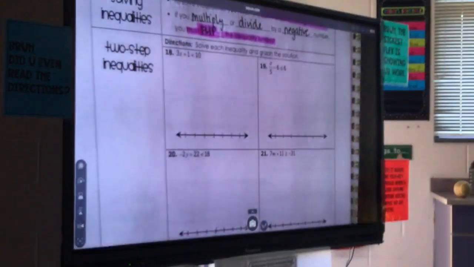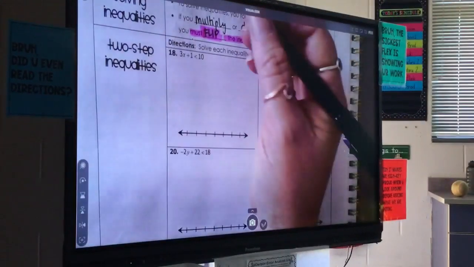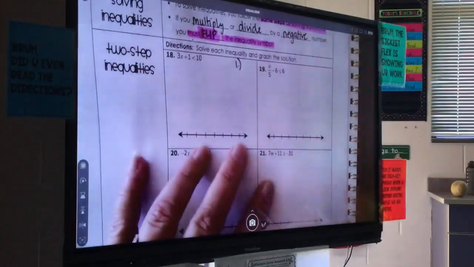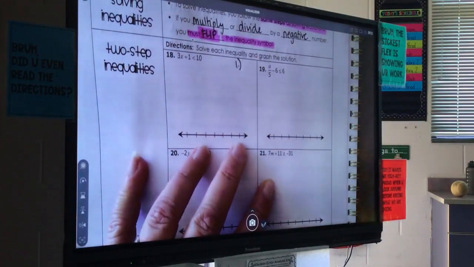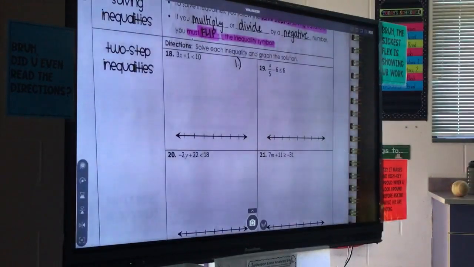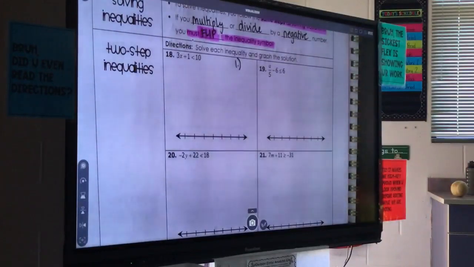All right, so these are one-step inequalities. And then we're going to be graphing them. So we're going to do a few together, and then you guys are going to work on some by yourself. So what is the first step that we're always looking for? So over here on the side of this, I want you to write this down. So the first step, what operations are we looking for? What operations? Mariana? No. Well, yes, but like the basic, like one step. Because with one step, you don't have distribution or combining like terms. One step inequalities is just strictly,